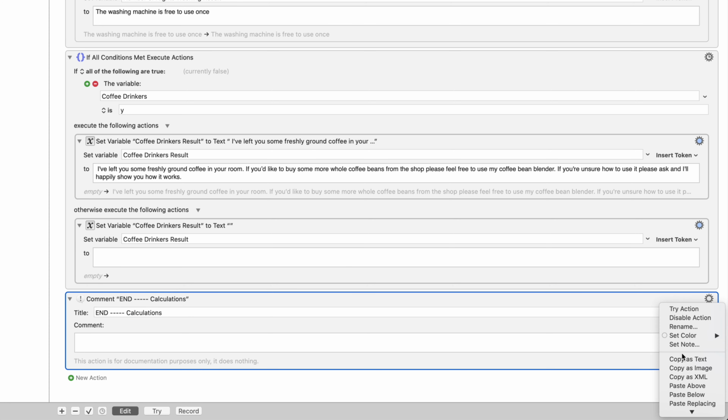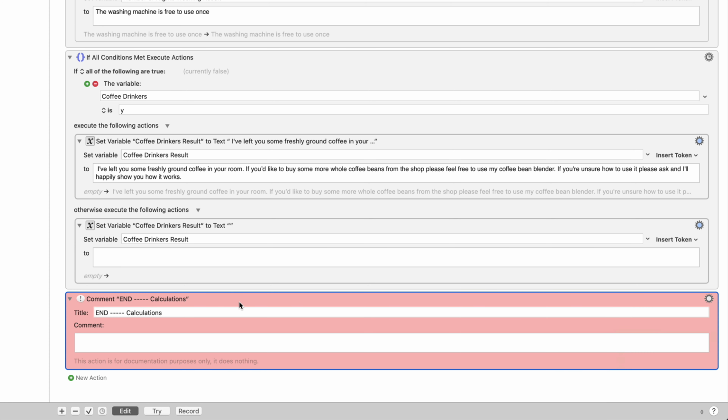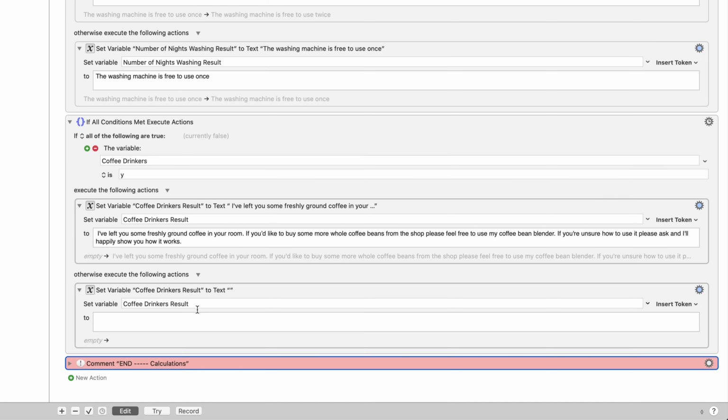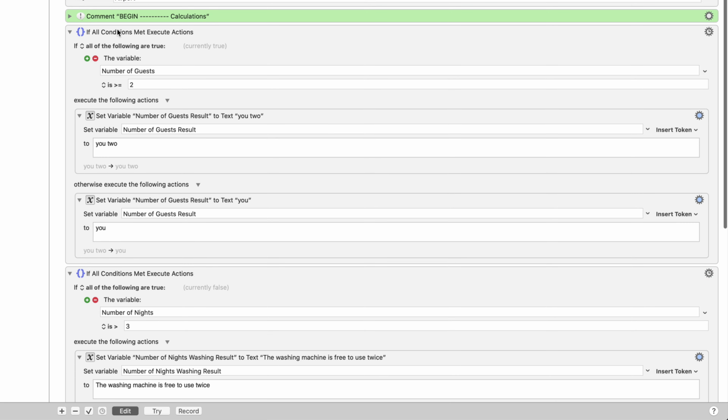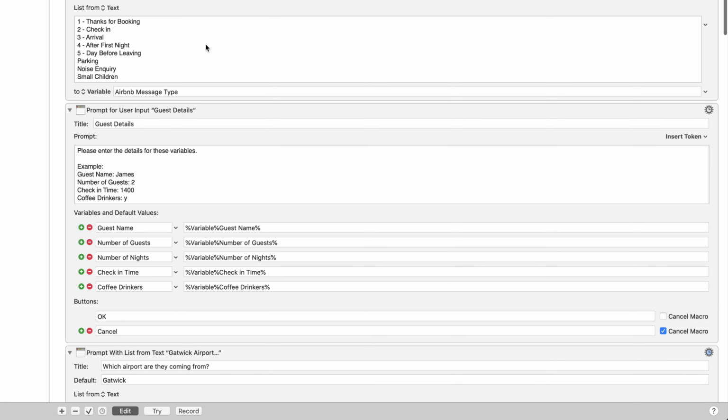In terms of formatting this, I'm just going to set it to red because we're sort of ending it. And I'm going to collapse this because you can still see everything and it makes it a bit neater. So now that we've got all the calculations done, we're going to go through each of these different messages and